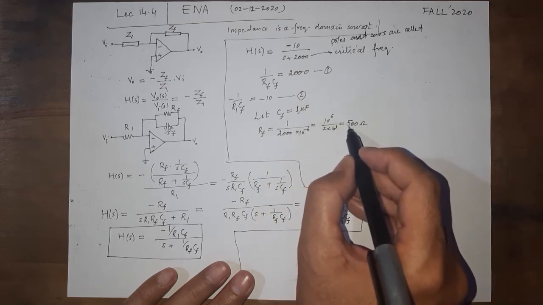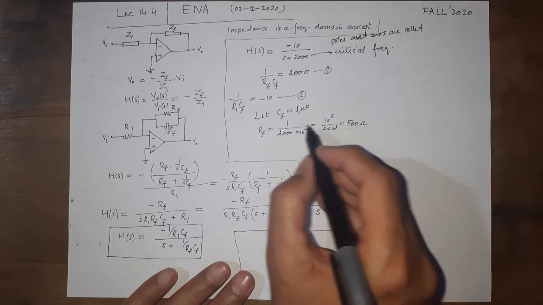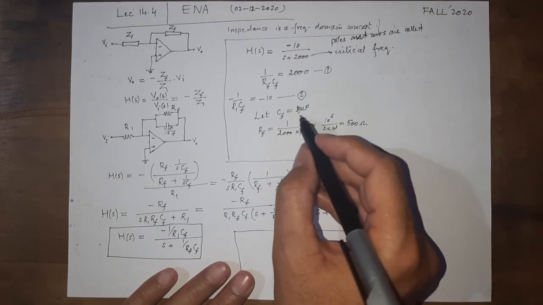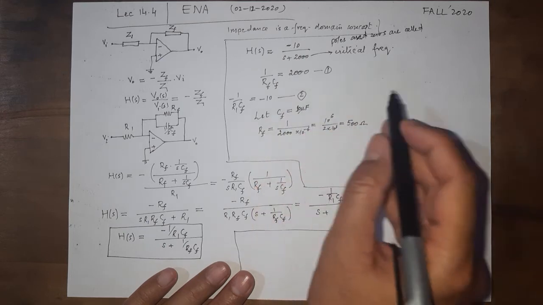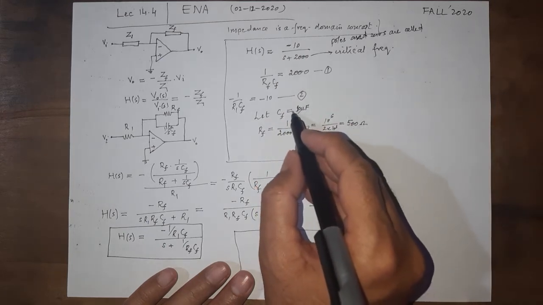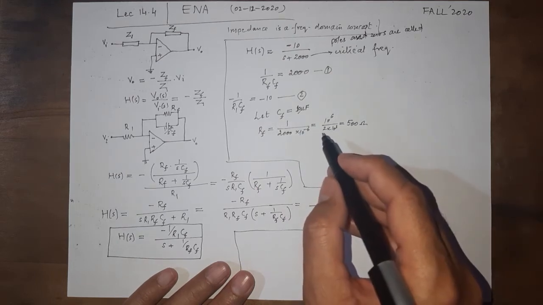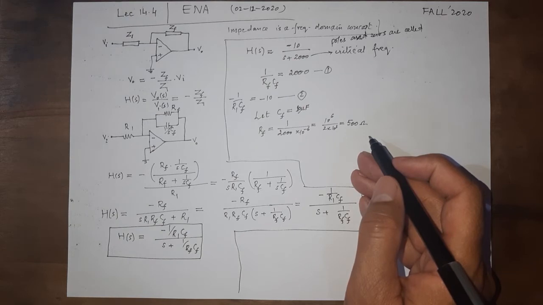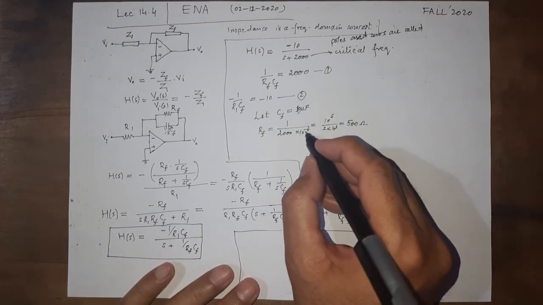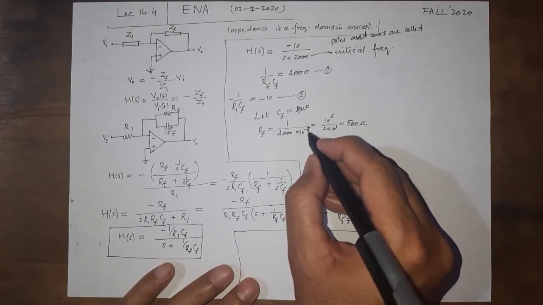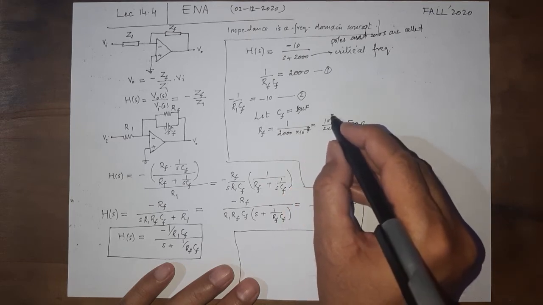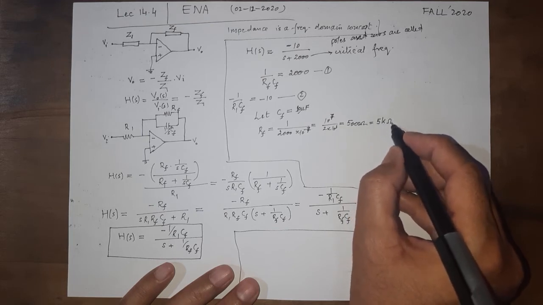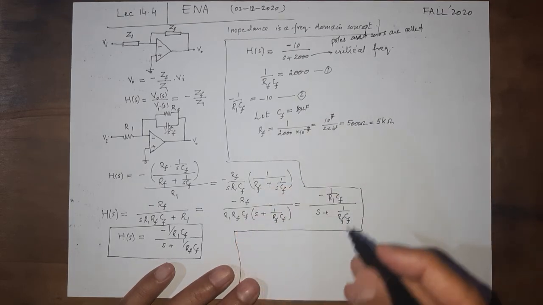So in order to get a larger value of RF, we can change this assumption if we like. In an exam, you don't need to do this. You can even assume CF to be 1 farad, that is okay. But in practical life, you like to have values that are more practical for a particular circuit. So if I make this 10 microfarad, then this is going to be 10 raised to the power minus 7, 10 raised to the power 7, and this will become 5 kilo ohm. This is a better value when you are dealing with op-amp circuits.